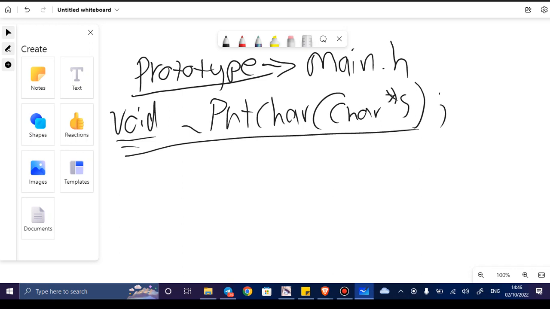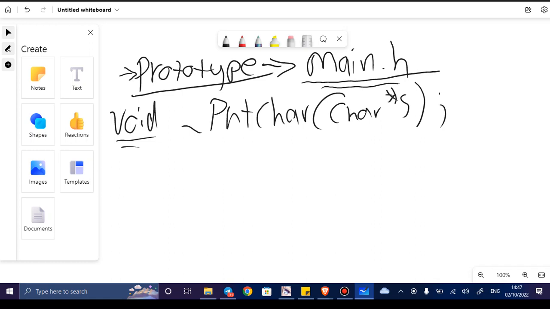So I'm going to ask you guys to ask yourselves: what's a prototype and what does this main.h file mean? Because in C, from what we've been doing, all the prototypes have been put into the main.h file. So while running a C file,